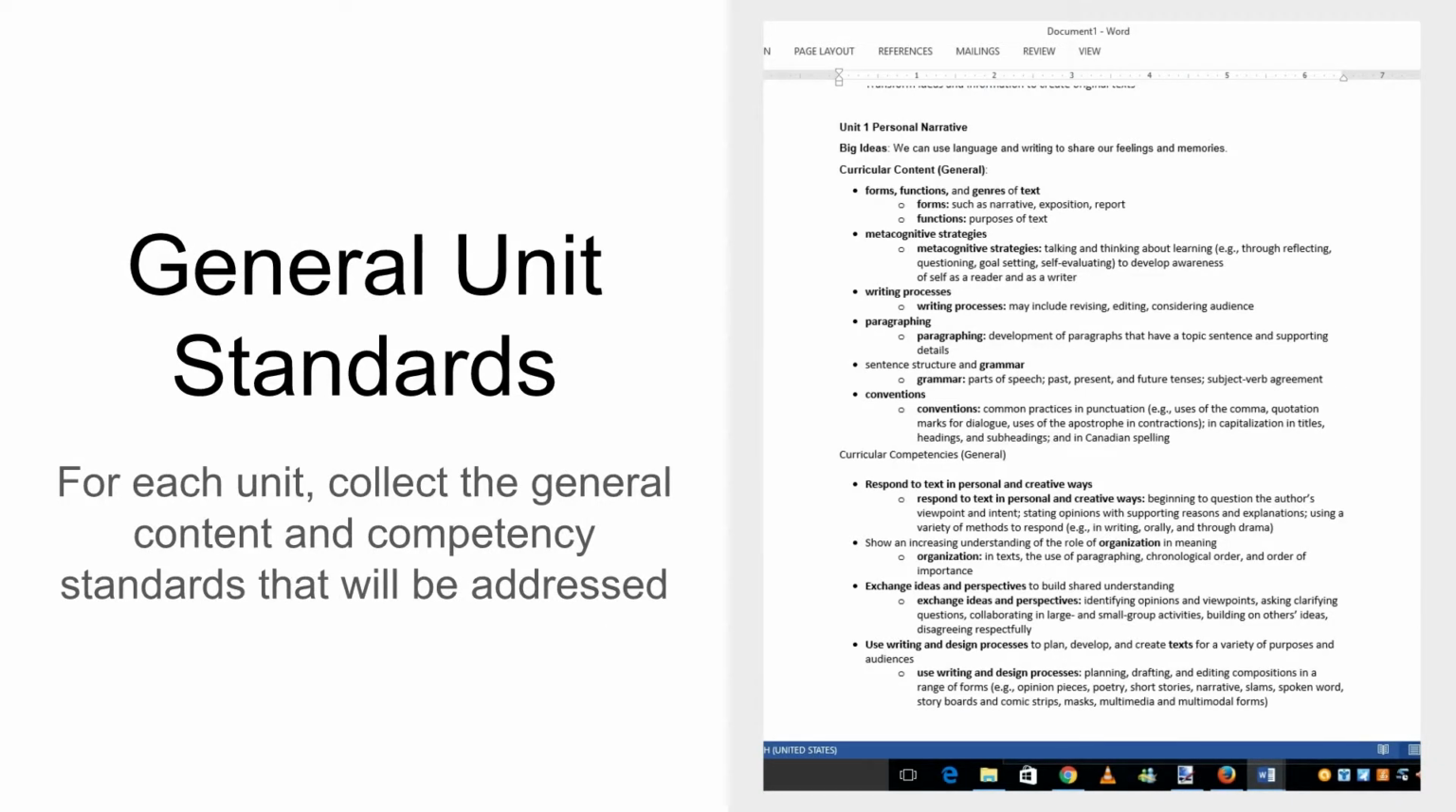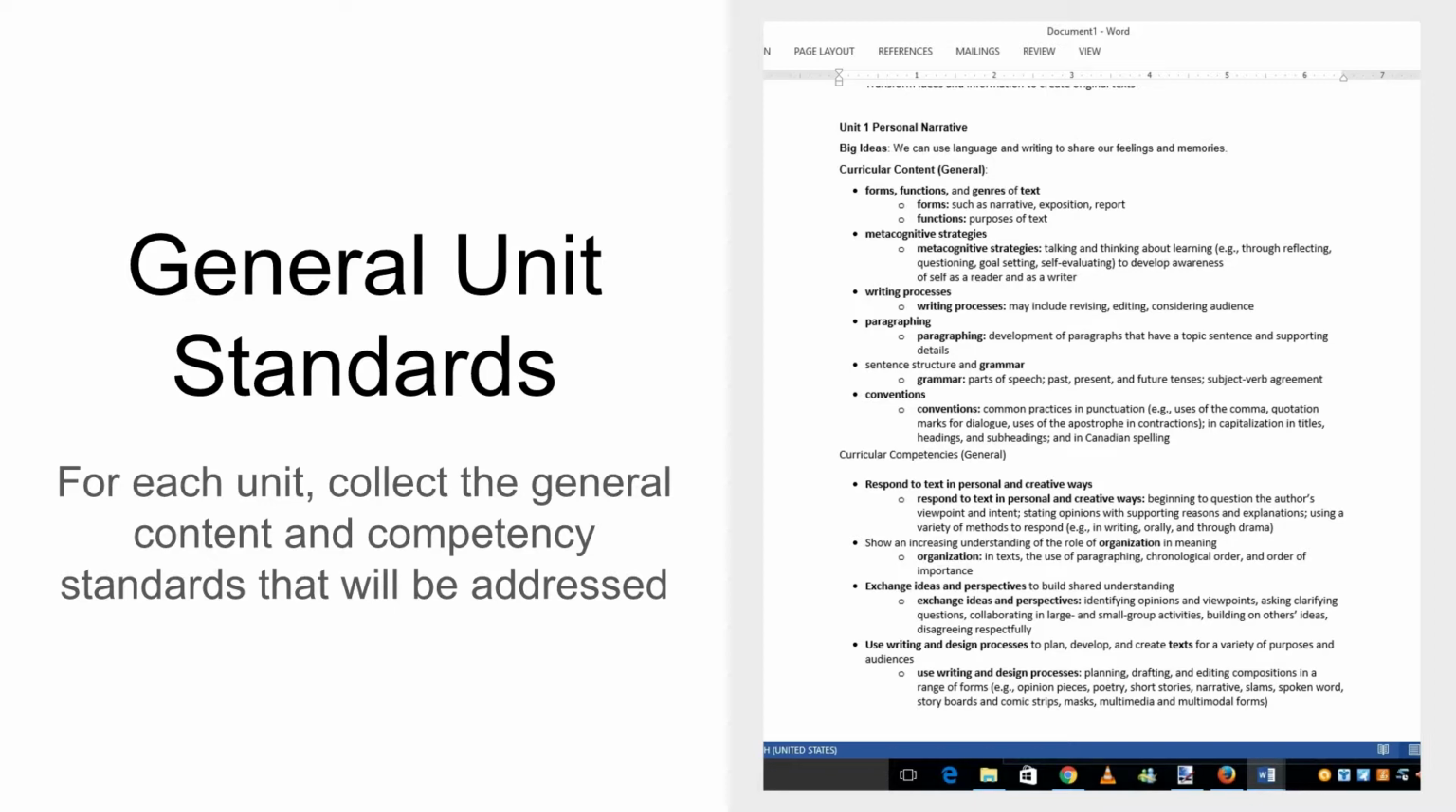After that, I decided to tackle one of my units, so I chose Unit 1, the personal narrative, because I thought it was fairly basic and easy to begin with. I created a new big idea that I thought my kids would relate to. We can use language and writing to share our feelings and memories. I think it's a pretty basic human need to communicate, and I thought that the students